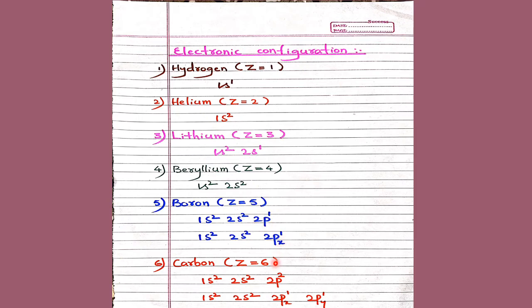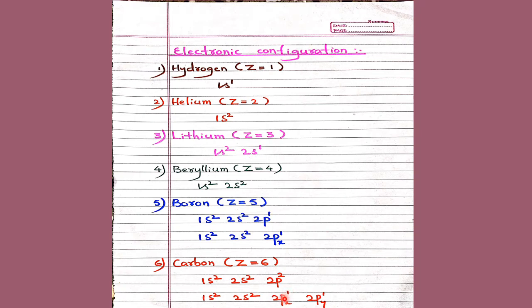For carbon, 2 electrons in the 2p, where do they go? Will they go in the 2px because the capacity of 2px is 2? So why have I not taken 2px2 here? Here comes Hund's rule of maximum multiplicity. As long as place is available, they don't prefer pairing. So 2p is further divided into 2px, 2py, 2pz according to the orientation, that is the magnetic quantum number. So each orbital can take 2 electrons.